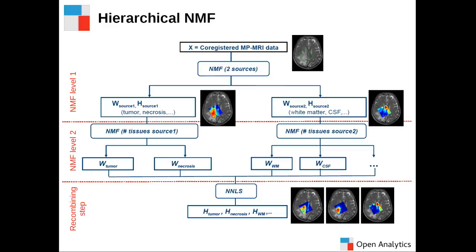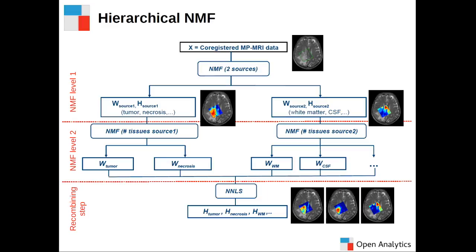So the pixels which have a high abundance for this source will be assigned to this side. Pixels which have a high abundance for this source will be assigned to that side. And then we're going to apply NMF on these 2 separate groups of pixels. We apply NMF, and we basically assume that after this first level,